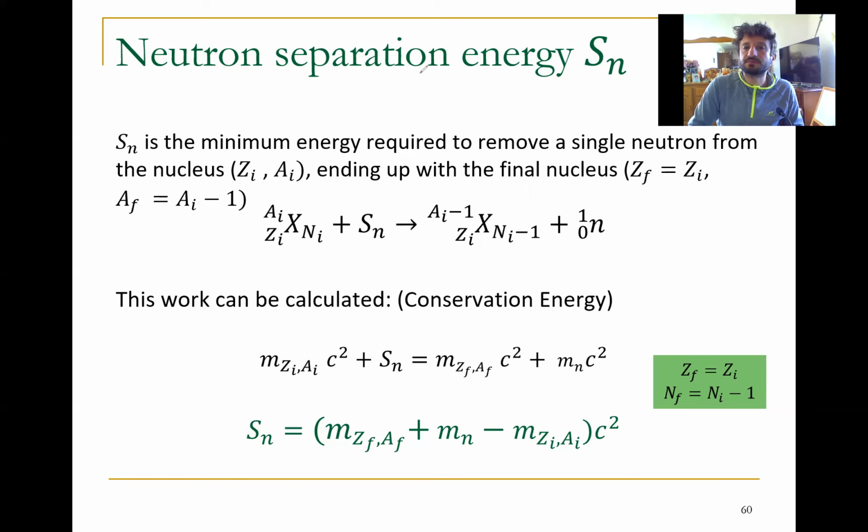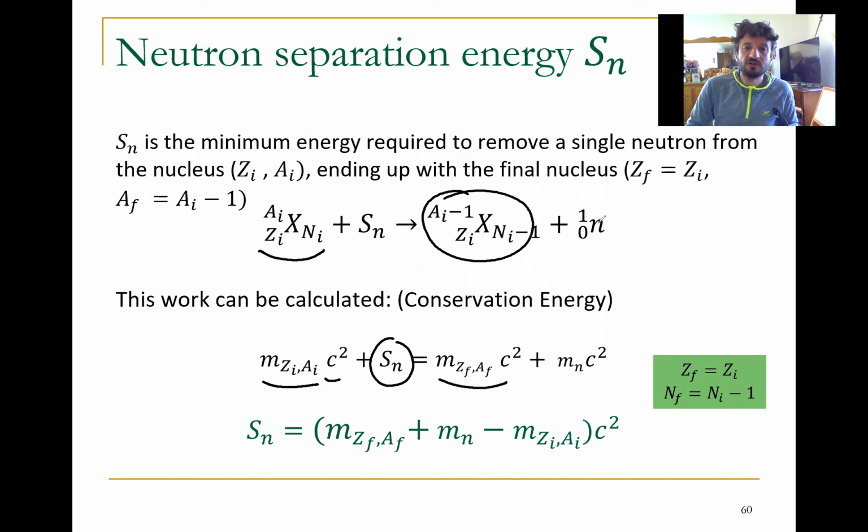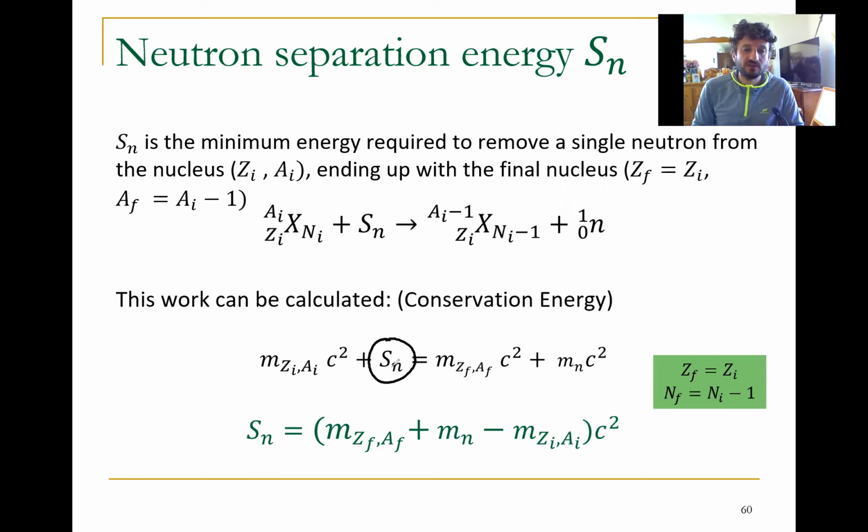Here we have the energy of the initial nucleus equals m of the initial nucleus times c square. The energy Sn applied to the nucleus equals the rest mass energy of the final nucleus plus the energy of this neutron, equals mc square. We can calculate Sn equals